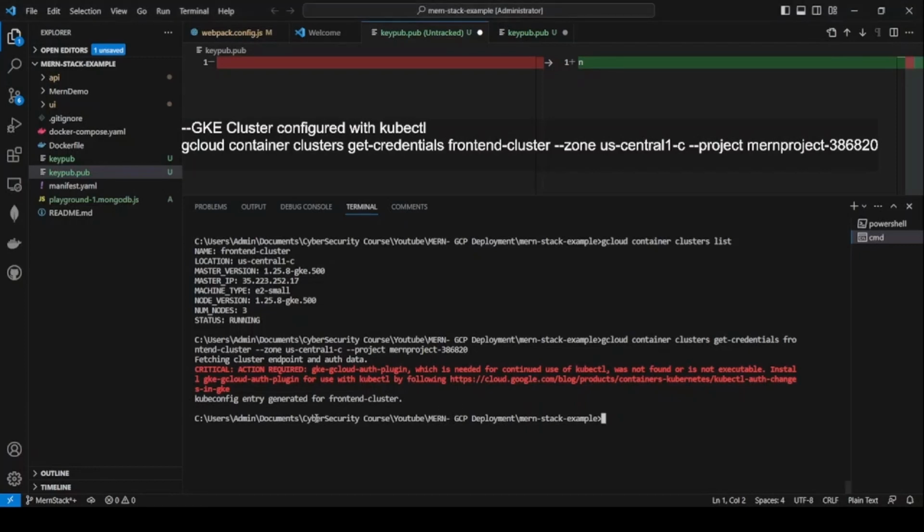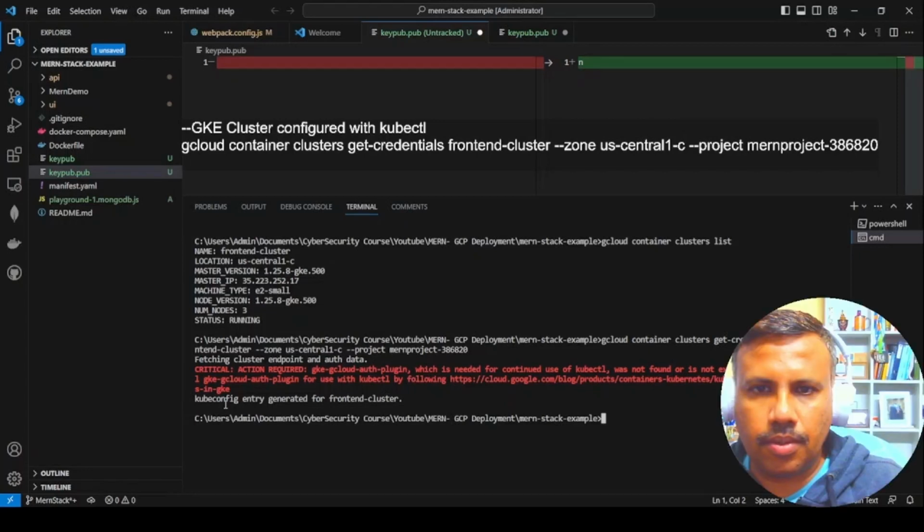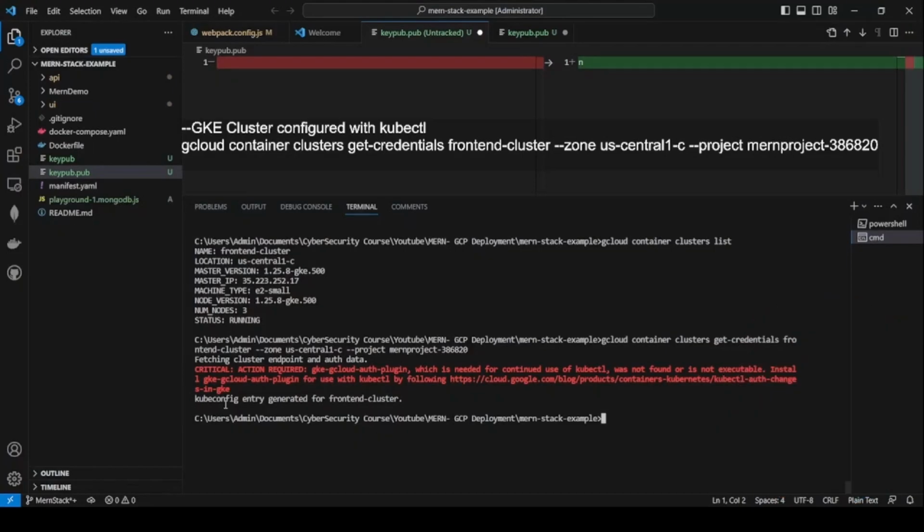So now I'm going to use the gcloud container clusters get-credentials command for fetching the cluster. Here it is gcloud container clusters get-credentials front-end-cluster --zone us-central1 with the project ID, which you need to provide. This basically configures the kubectl command to the GKE cluster, so that the kubectl configuration is generated for this particular cluster